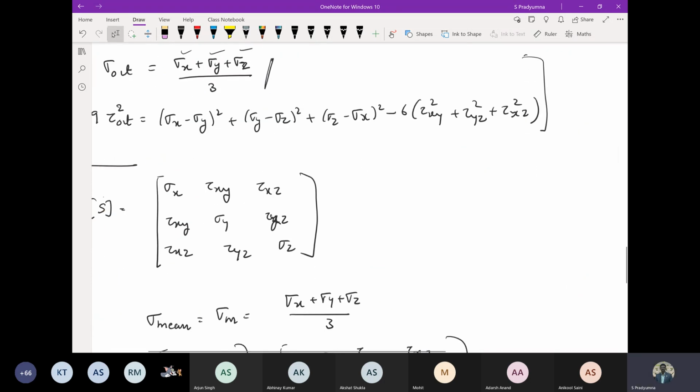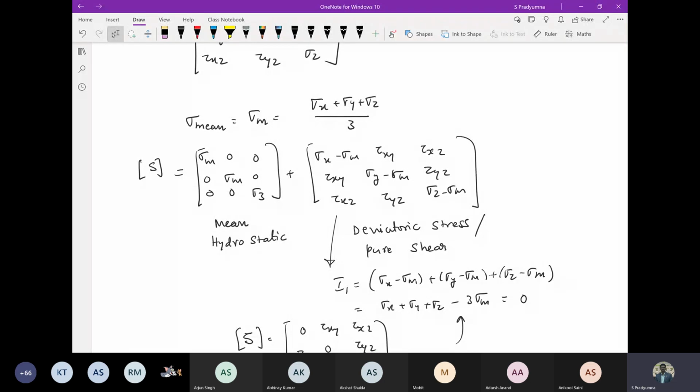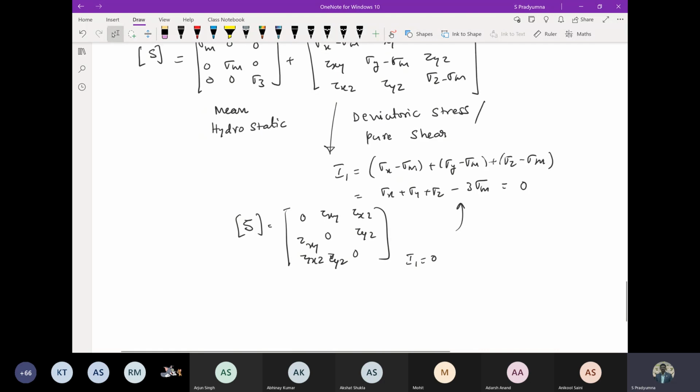There are certain theories in which people assume that any material will not fail in the hydrostatic case. For example, I assume a solid inside water, which is equally compressed in all the directions. Because of that compression, it will not fail. It fails due to shear. There are certain people who have brought this idea, saying that the material will not fail under the hydrostatic state of stress, but it fails due to the pure shear or the deviatoric stress, because of the distortion of the material and so on. So because of that, it becomes an important aspect.